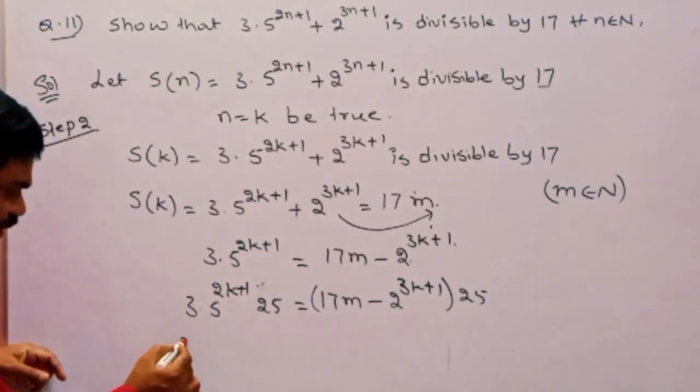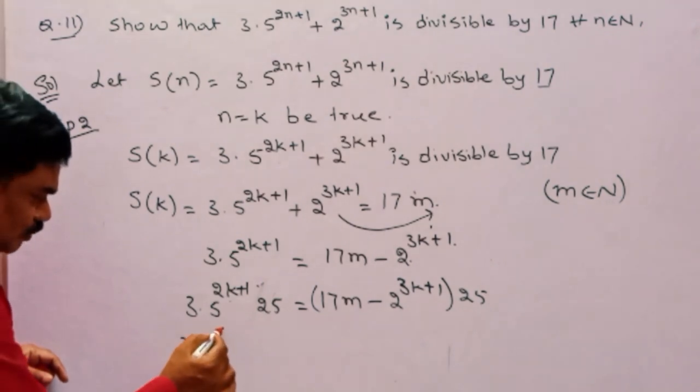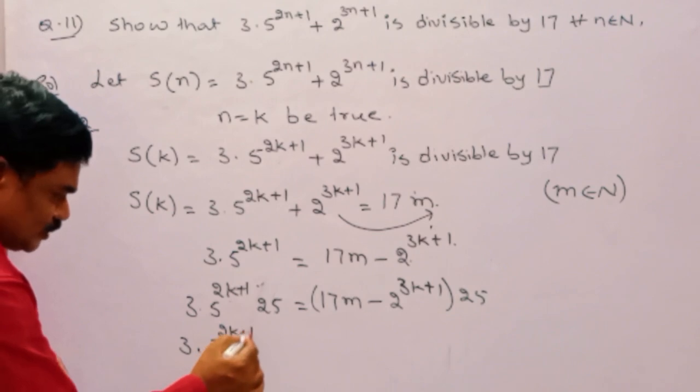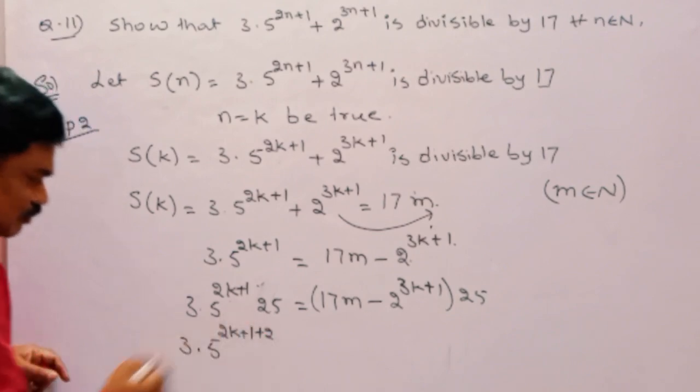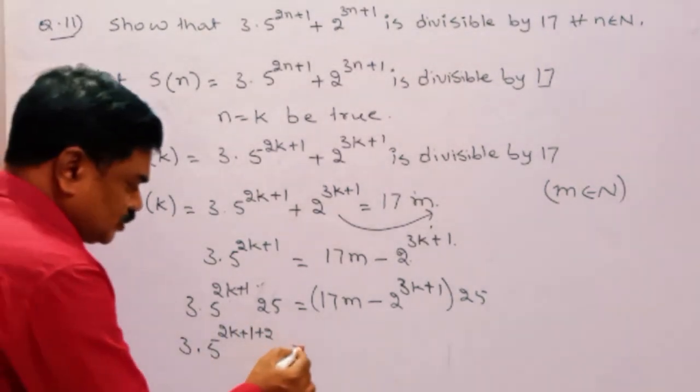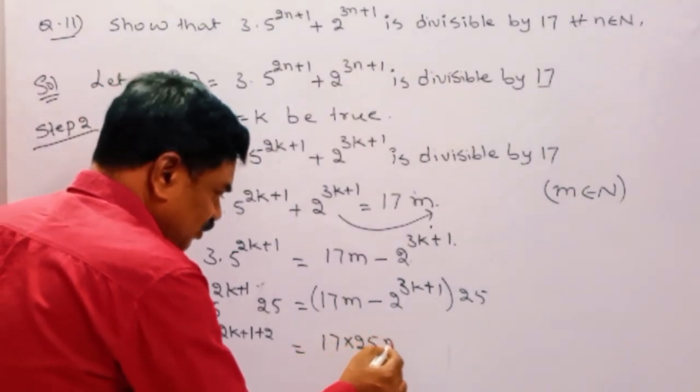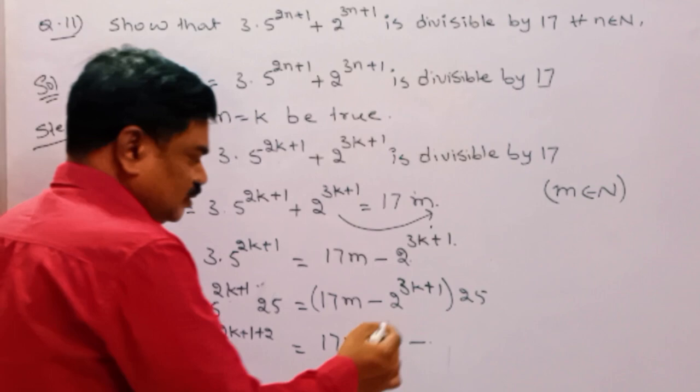Then we can write 3 into 5 power 2 of k plus 1 plus 1 is equal to 17 into 25m minus